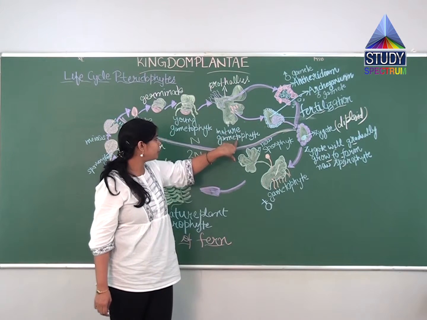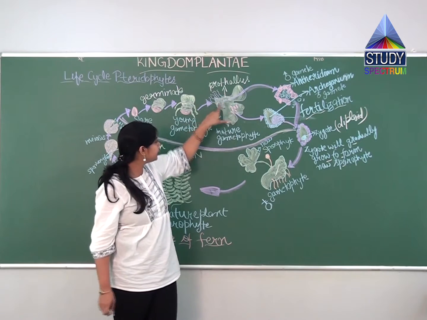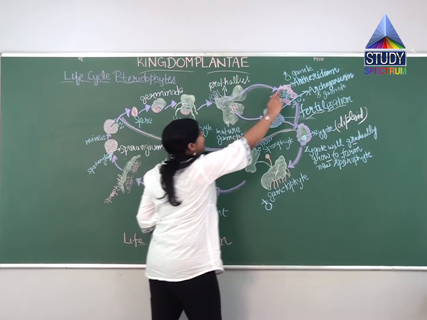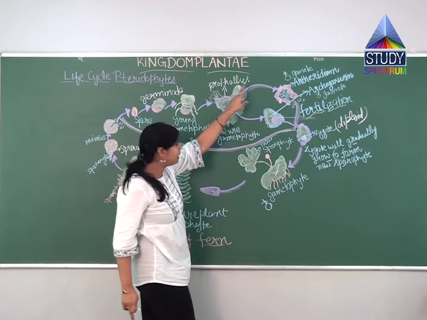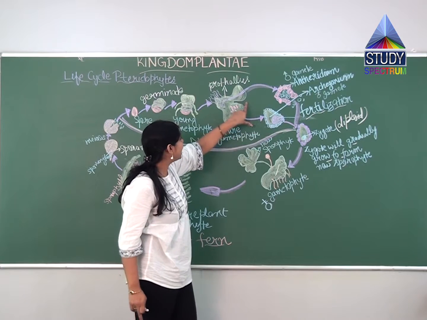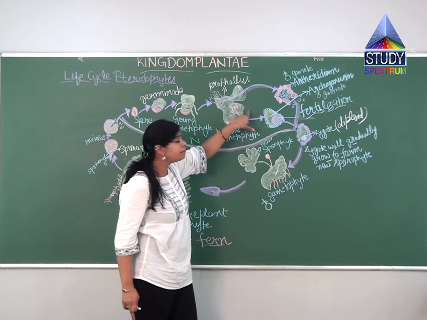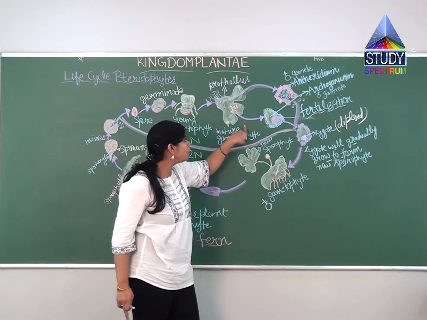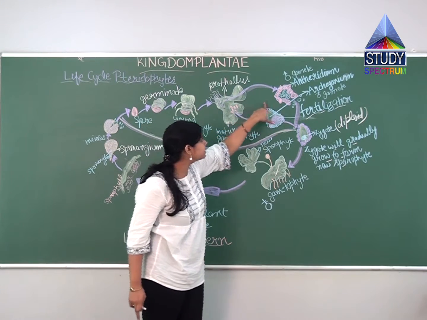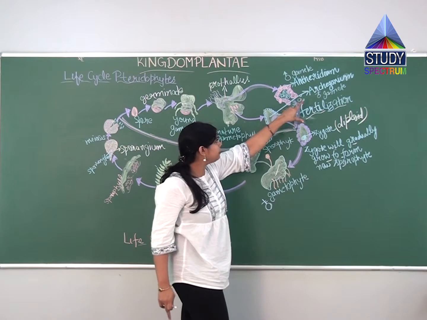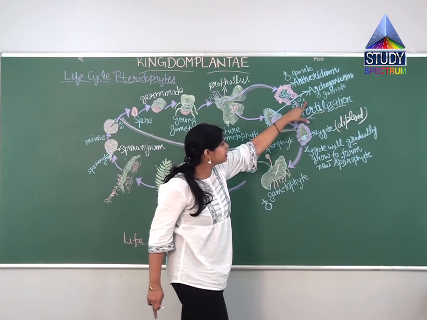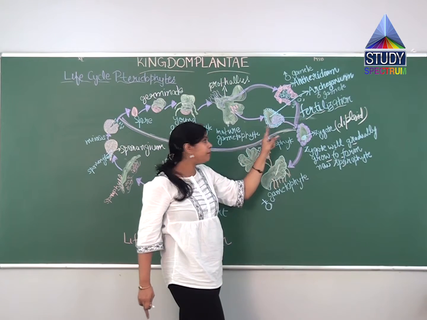So this will be a mature gametophyte that will include both antheridium and archegonium. This structure is an antheridium, the male gamete producer, and both the gametes will be haploid. And this one is an archegonium, the female one. This stage is a photosynthetic stage, meaning it can survive on its own and make its own food. It is an independent stage, and when they mature they will release the gametes. The antheridium is motile, releases gametes in multiple numbers, and they will reach the female gametophyte.